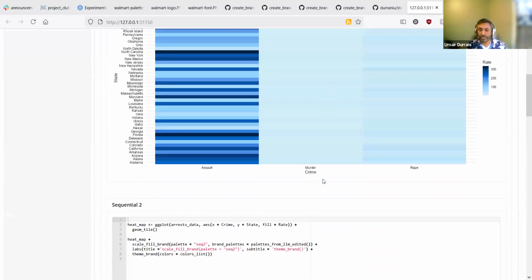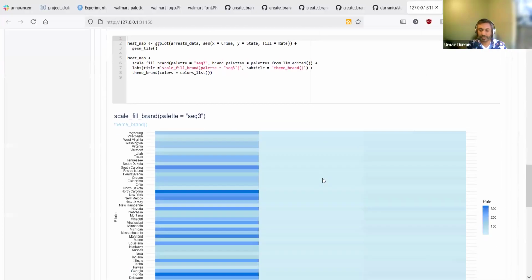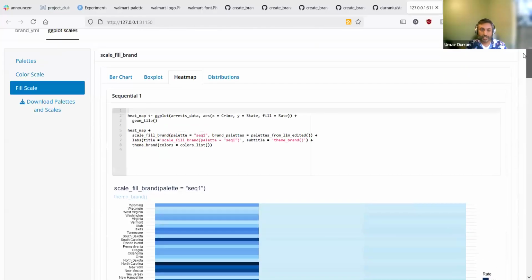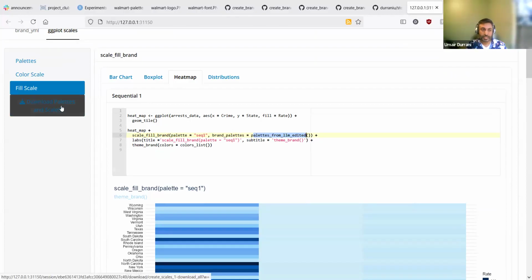I've added some visualizations that help you see the result of those scales. So if we look at one of the visualization code, we see that I'm using scale fill brand here, which is not a default function in ggplot2. And here I'm providing palette equals sequential 1 and brand palette equals whatever the palette was generated from the brand YAML file. And if we download these palettes,